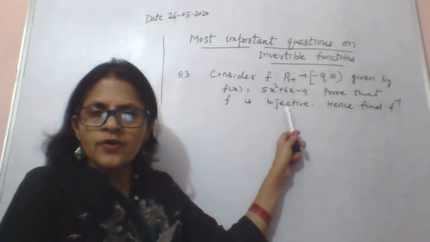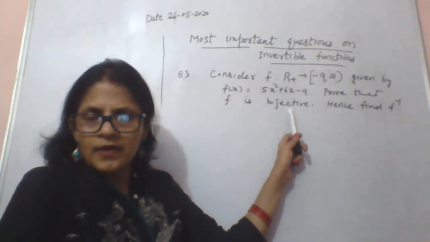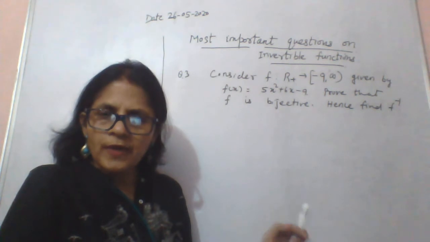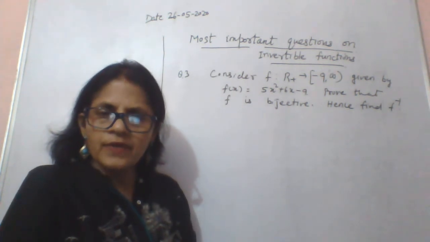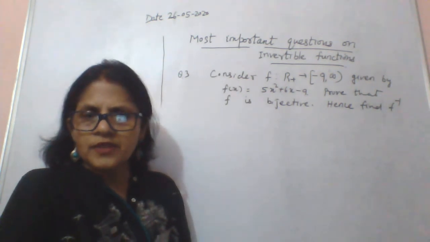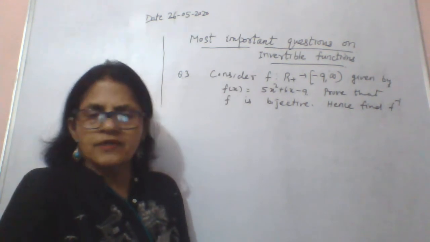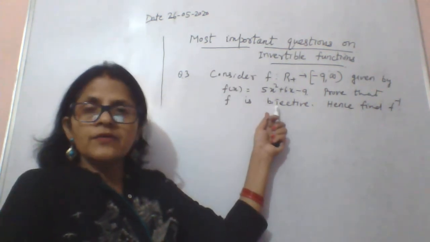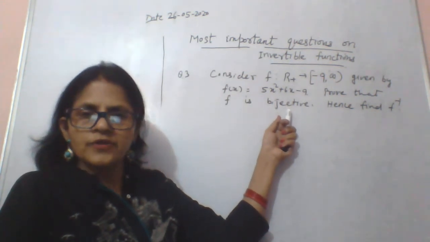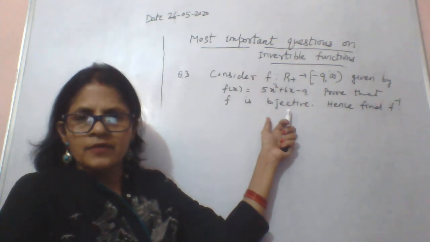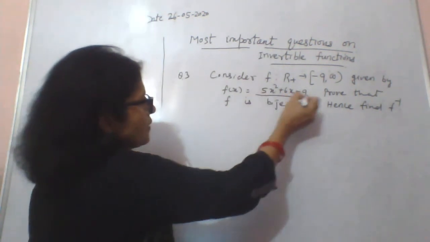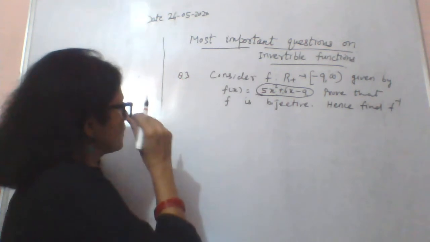Okay, here the question is not whether it is invertible, right? So whenever the question is prove that it is invertible, you can show it is bijective, hence it is invertible. Or you can take the composition case, f of g, g of f, identity function, then you can show it is invertible, then get f inverse. But here specifically you have been asked to prove that f is bijective. Means you show that function is one-one and onto, right?